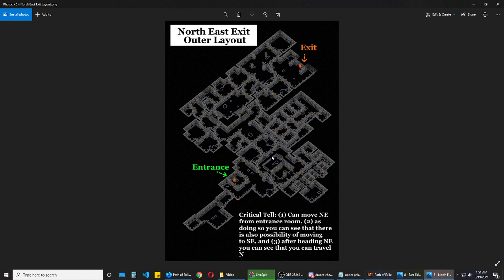The next layout is the northeast exit outer layout. This is the most common layout by far in Upper Prison, and it is super critical to know because of how common it is. The way we're going to read this is we're going to see that we can travel to the northeast. As we travel northeast, we can see that there's content generated to the southeast of this wall here. Once you see that, you know that you are likely going to be in this layout